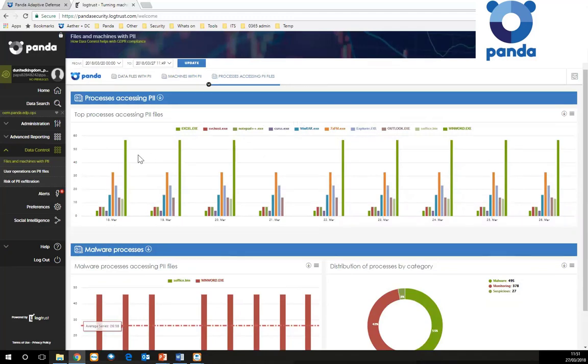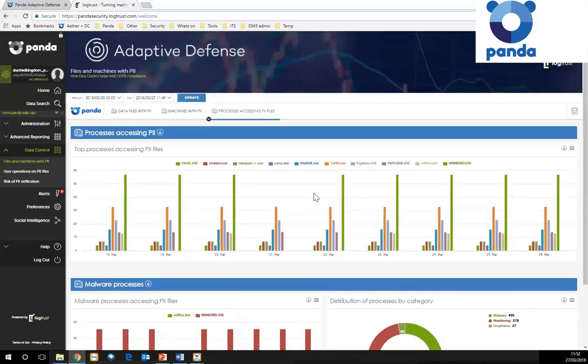So this is a good way of indicating what processes are being used to access PI data, like Google Drive, OneDrive, things that could be used in exfil operations, email applications, or typical office solutions. Obviously, when you see high instances, these could also be indicators of potential big data breaches, large volumes of data leaving the business. So this information is critical in order to understand and identify what's going on within an estate, and obviously take the appropriate measures within here.